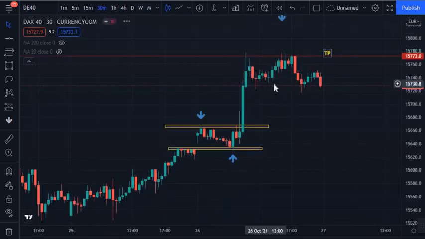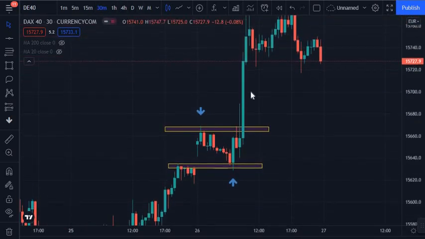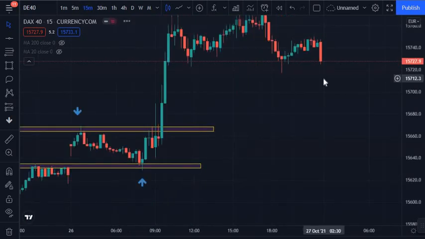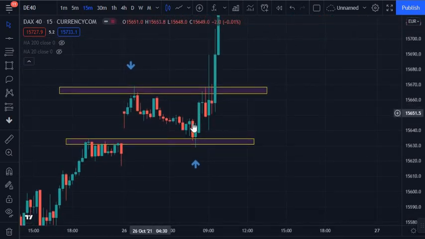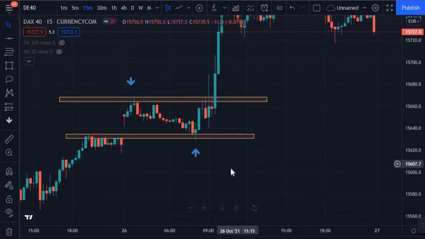Let's go to a lower time frame and see how it played out. As you can see, price got to this zone, and we saw the rejection of this zone. We weren't going to enter at this candle over here, we want to enter at the next candle, because the next candle would have confirmed that price is moving in the other direction, the upward direction, right? So yeah, that's